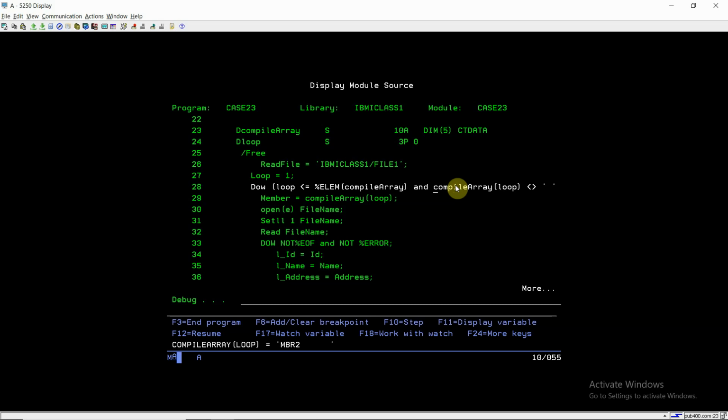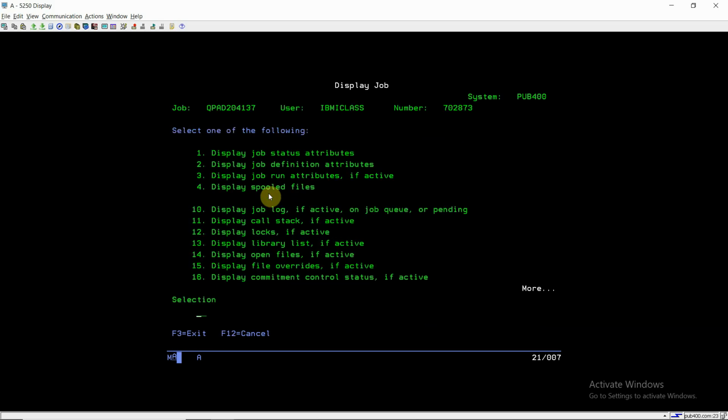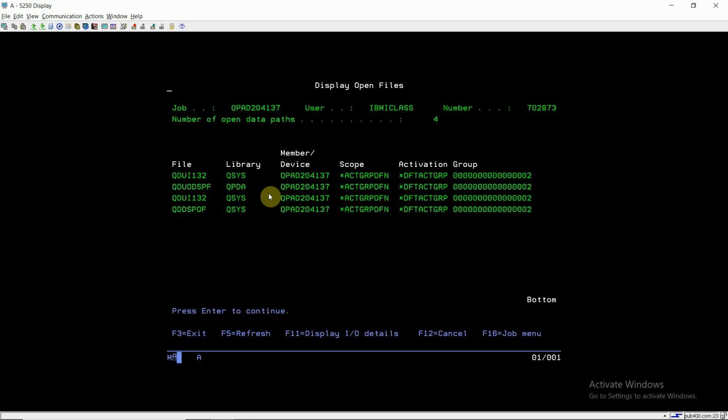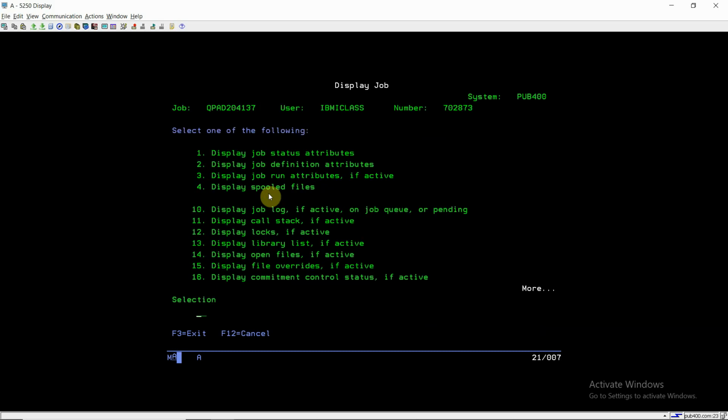Just check. Yes, it is not blank. So I'll be getting the member name. I got the member name as member 2. If I do Shift+Escape 3 here, and look at the open files or members, do 14, I cannot see any file 1 or any member getting opened here.